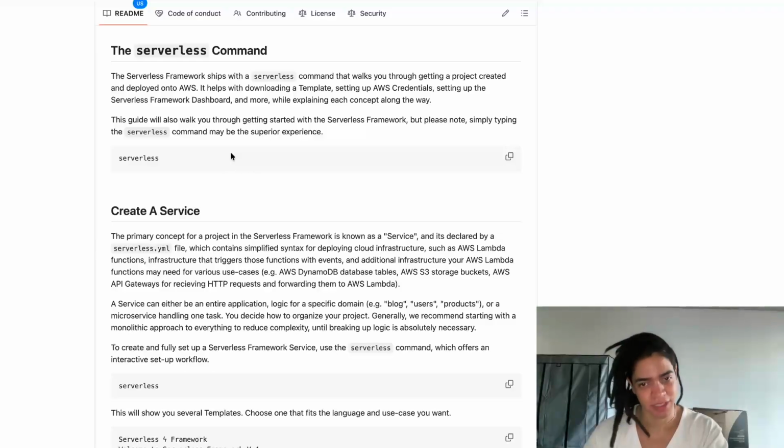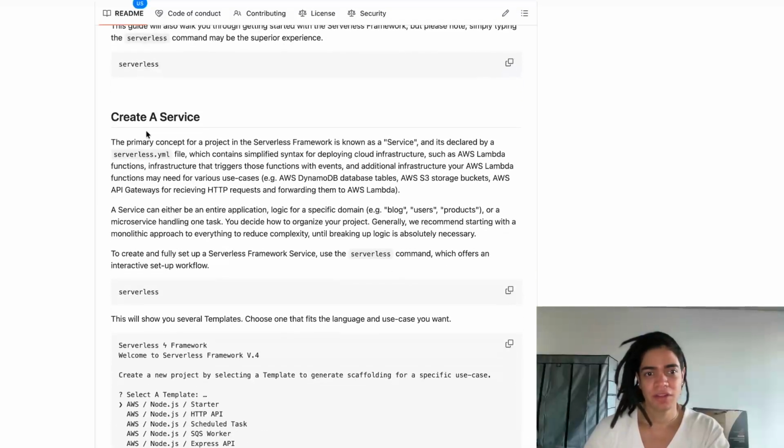But in this case, is to, well, set up the project and deploy it onto AWS. So here's the thing. Create a service. The primary concept for a project in Serverless Framework is known as a service. And it is declared by the serverless file, which contains simplified syntax for deploying cloud infrastructure, such as AWS Lambda